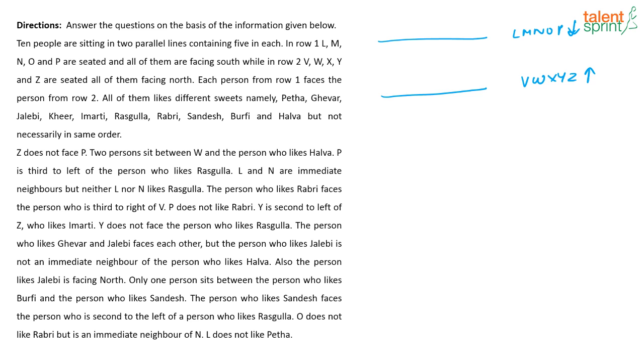First statement says Z does not face P. Two persons sit between W and the one who likes halwa. P sits third to the left of the person who likes rasgulla. So, if this is the person who likes